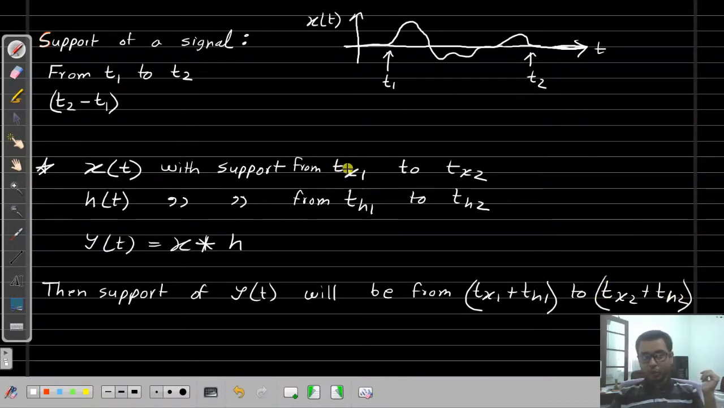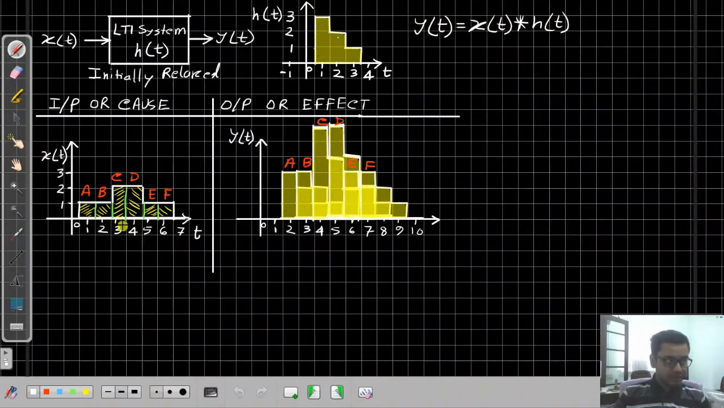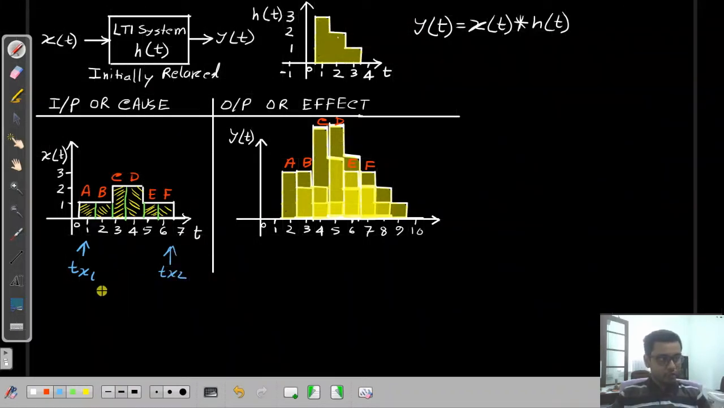Just add the supports of these two individual signals. How can we justify this? So let us go back to this demonstration, and here suppose this x(t) has a support of tx1 up to this point, tx2. So this is the support,